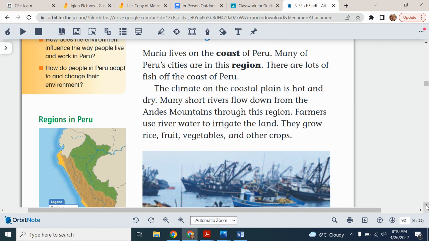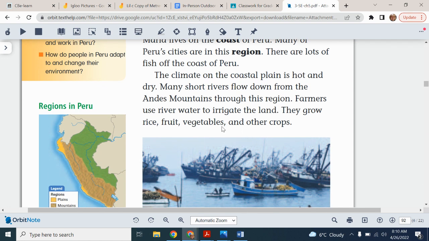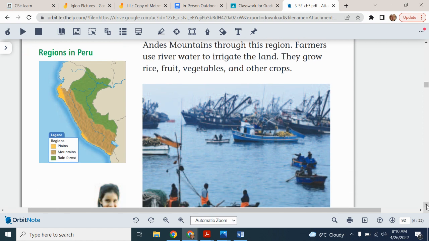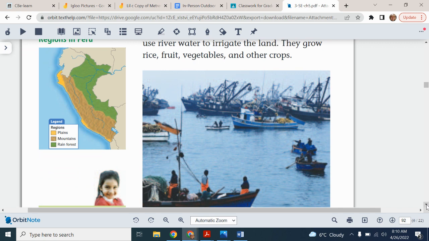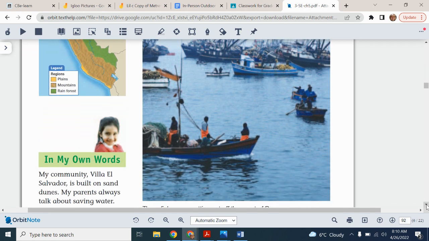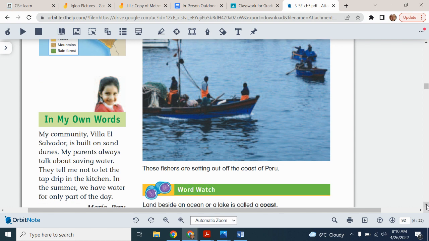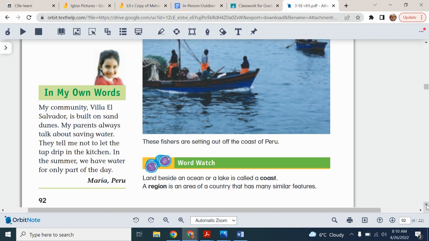So those are, what are those called? Agricultural goods. We talked about that when we looked at Ukraine. And in your story, you should be able to make some comparisons between other countries now. We've got quite a bit of learning underneath our belt that we've learned about Ukraine and Tunisia, so you can start to compare countries in your story.